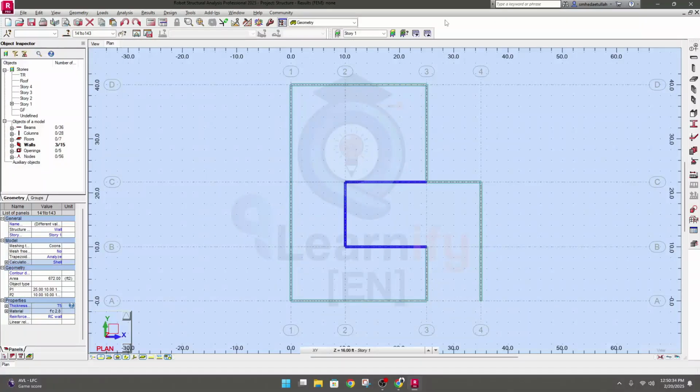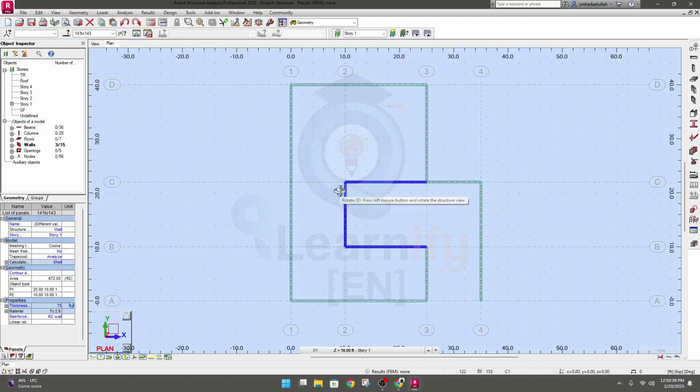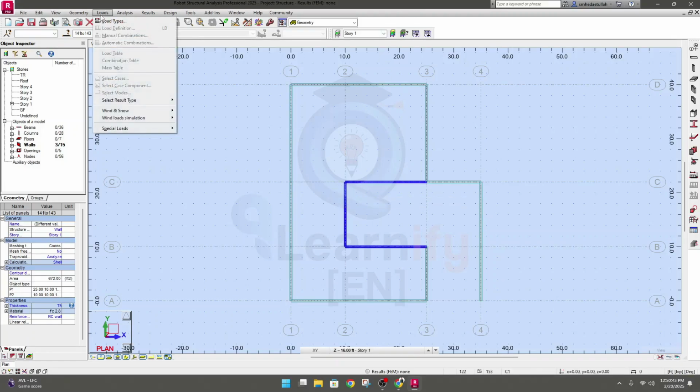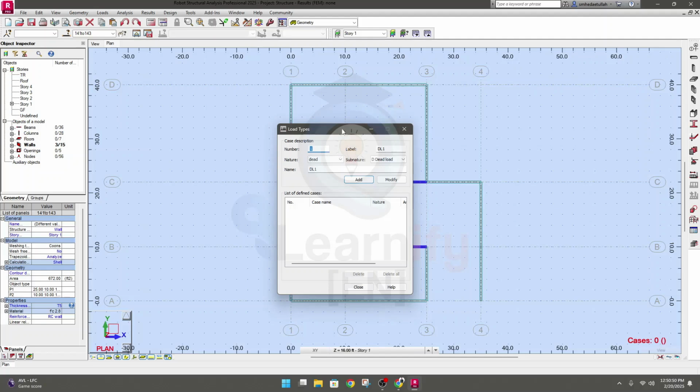Now when our model is ready, or when we are able to create our model, then we have to go for load definition. So to do it, I'll go here, load, then load type. First of all, we'll define load type. Let's say number one, then level will be dead load, and name will be dead load, and from here select the types